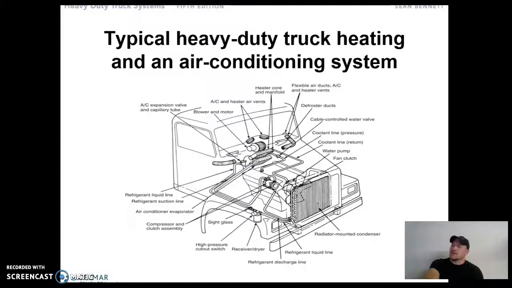Basically, this is a metering unit. That can be a number of different things. It could be an expansion valve. It could be a capillary tube. There's a few different options here. Used a lot of variation, the newer ones are typically all thermostatic expansion valves. We'll get into multiple systems, different types of